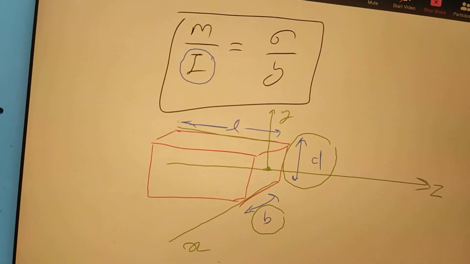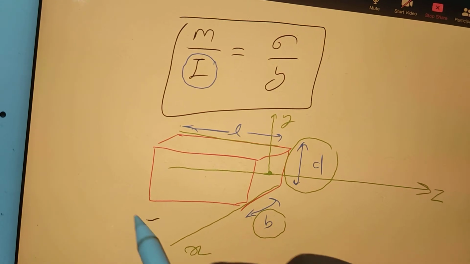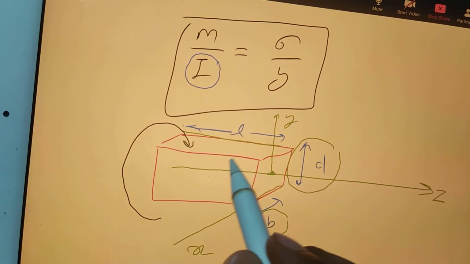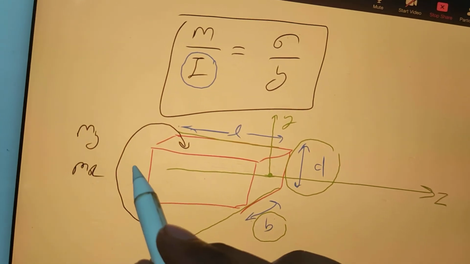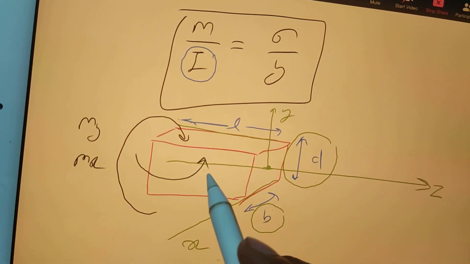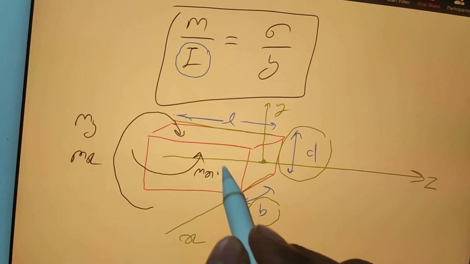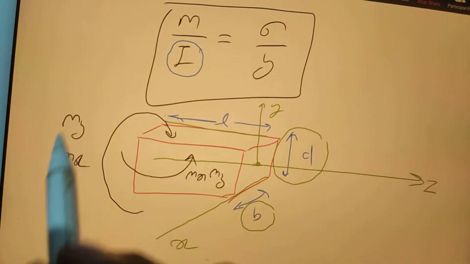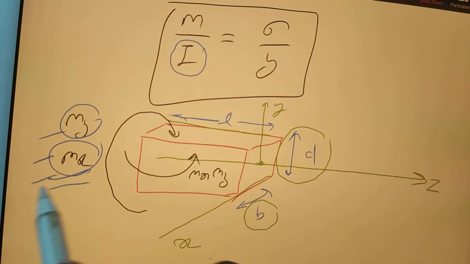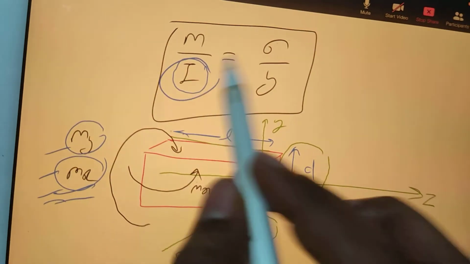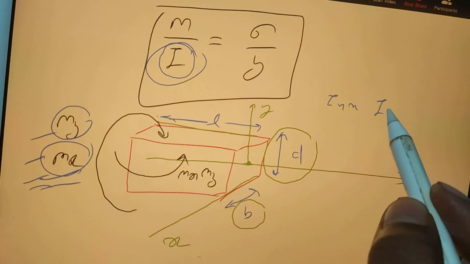Now we'll understand, if they are applying bending moment like this, then what will be the symbol for bending moment, Mx or My? If they are applying bending moment on the beam like this, then the symbol will be Mx or My. I will clear this now. And when you are comfortable understanding whether this is Mx or My, in that case, this I will be Ixx or Iyy.